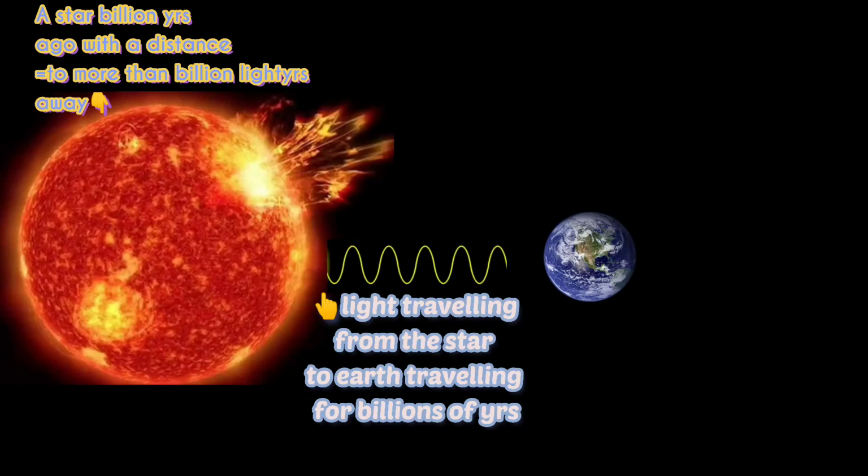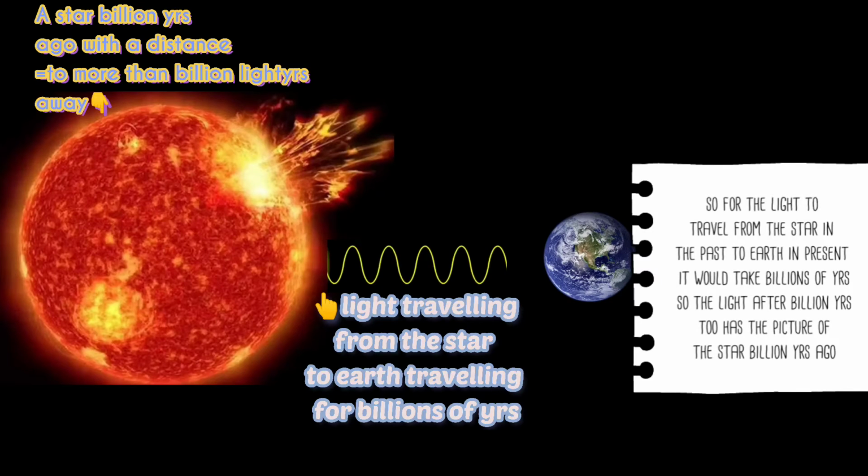Let's imagine there's a star billion years ago which emits a light, and that star is billion light years away from our Earth. So it emits the light billion years ago. At that time in the past it emits the light, and the light is traveling from the star to the Earth. Till it reaches the Earth, it would take billions of years as it is so far away from the Earth. So now we can conclude from this that